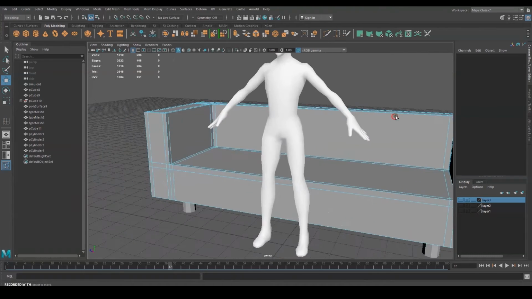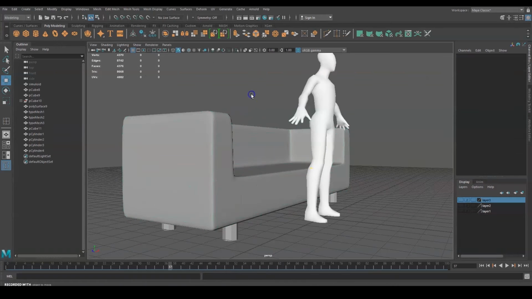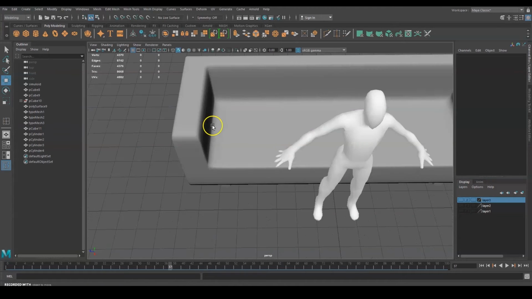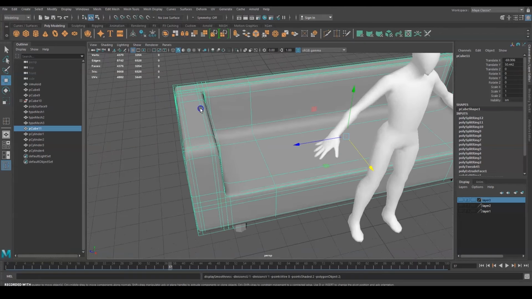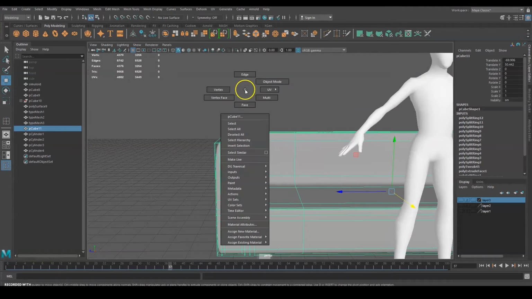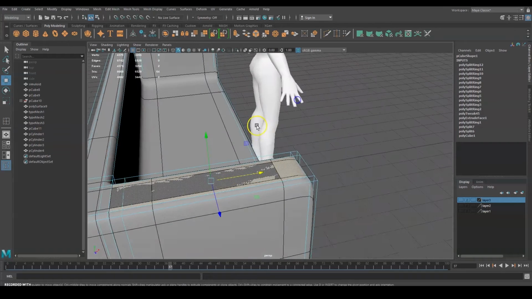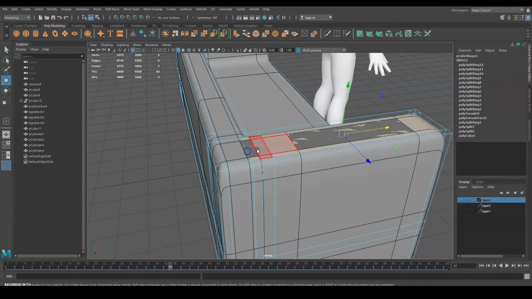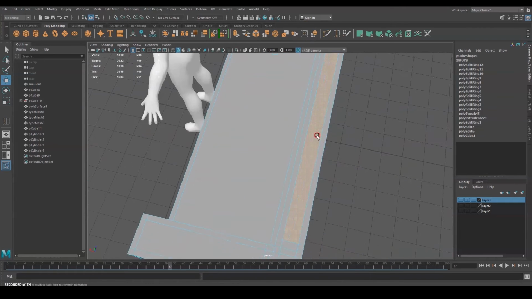So now I want to make a bit rounder shape, because if I were to continue from this one, the sofa doesn't feel like a sofa because it's still too squarish. So what I will do is, if I use the number 2 and go to the face mode, I will be selecting the original faces of the sofa. In this case, I'll press 1, and you'll probably see what I'm doing. For example, I'm selecting this,